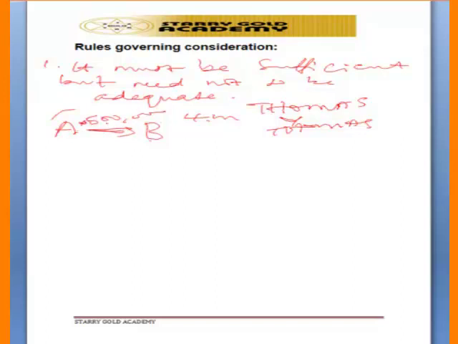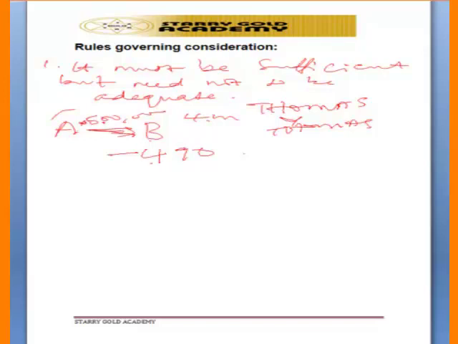But consideration will not be sufficient where, for example, Mr. B is to pay 500,000 naira for this Jeep, but brings 490,000 naira. So he's not bringing 500,000 naira. This 490,000 naira is not commensurate, so it's not a sufficient consideration because it is contrary to the agreement reached. The agreement reached is for Mr. B to pay 500,000 naira.